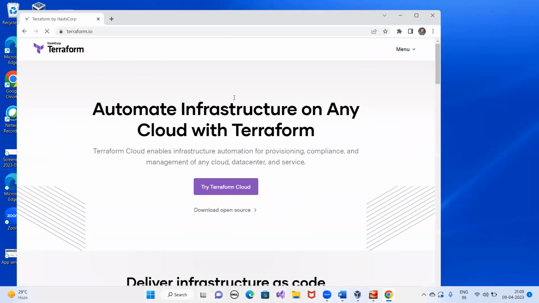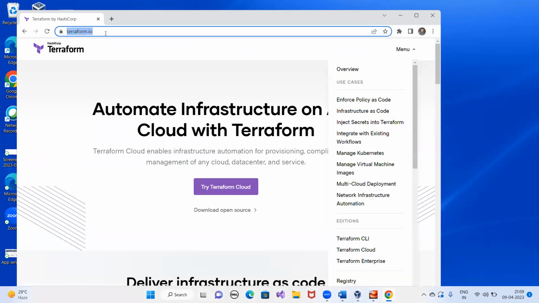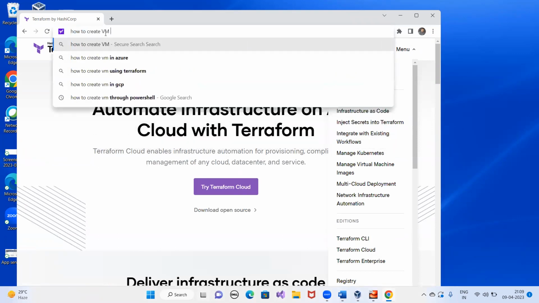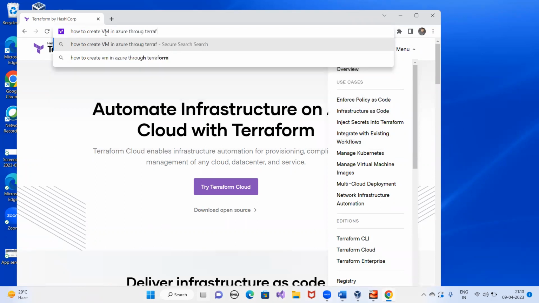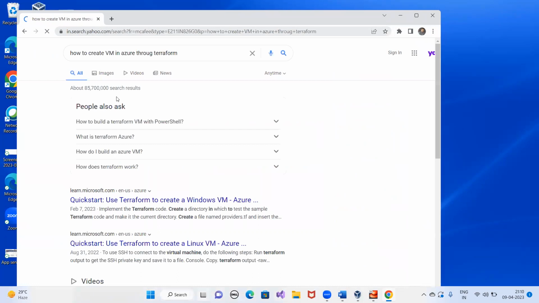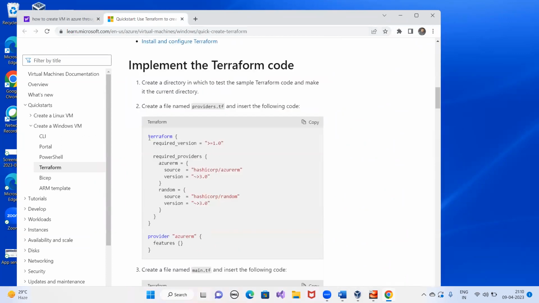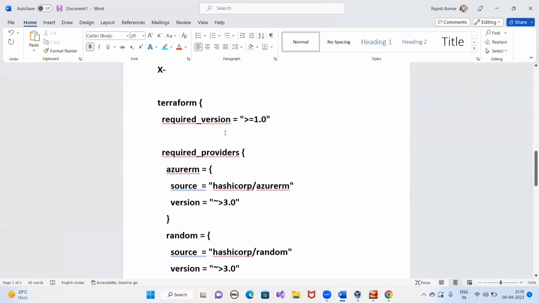So far, it is only for your understanding. In future, we will see this. So let me take one of the code. Or you can also take it for your AWS as well, whatever. This is the syntax. Let me copy this one. Suppose this is the syntax of the Terraform.